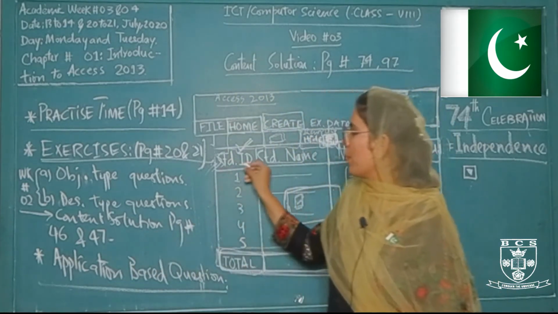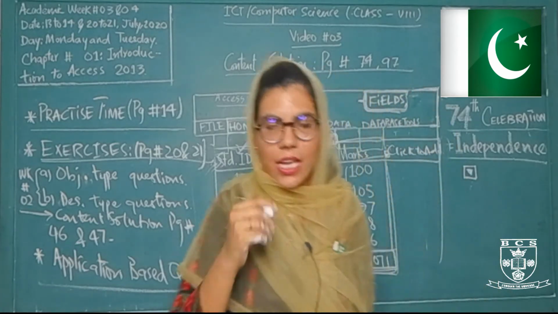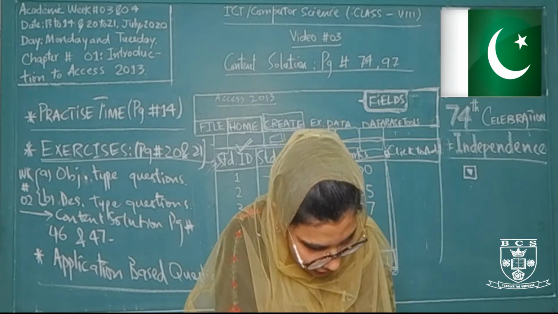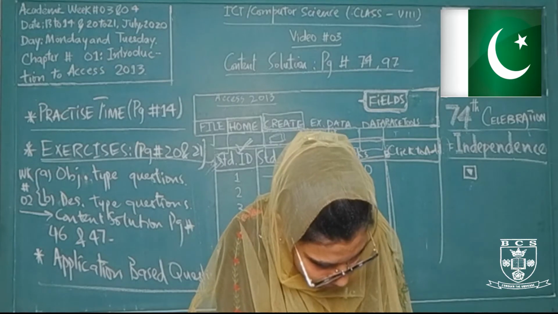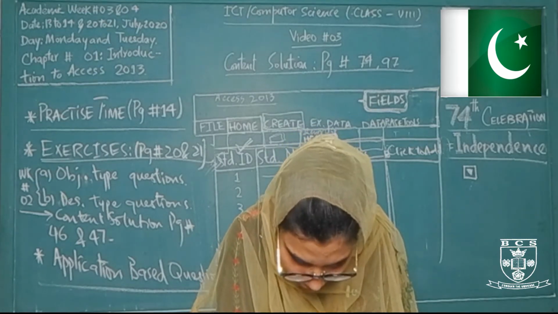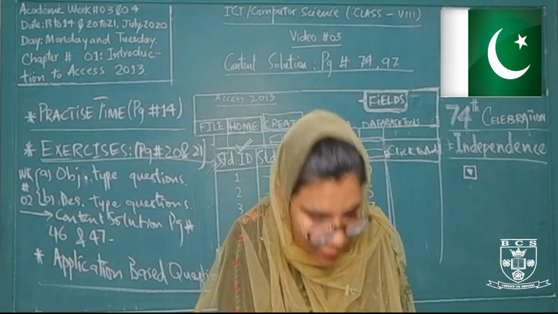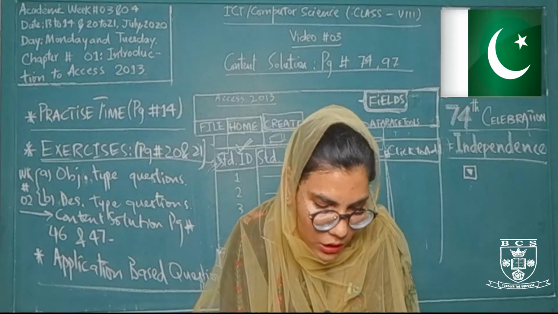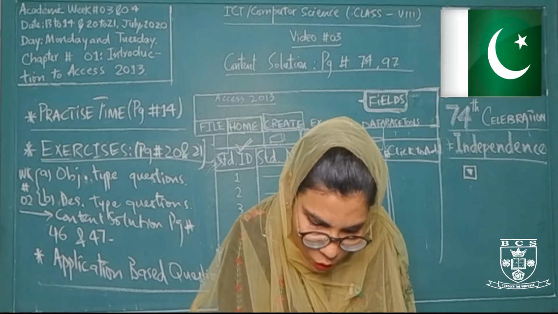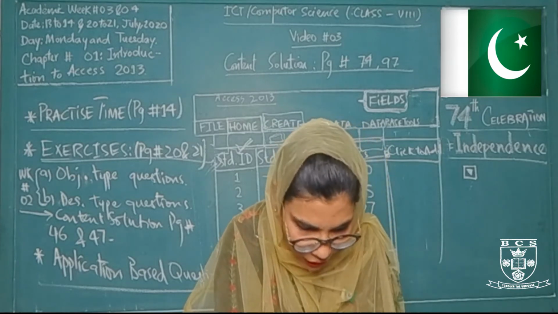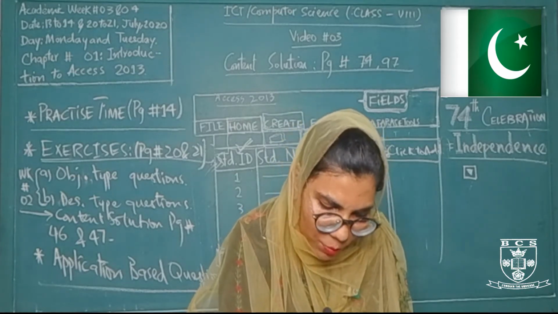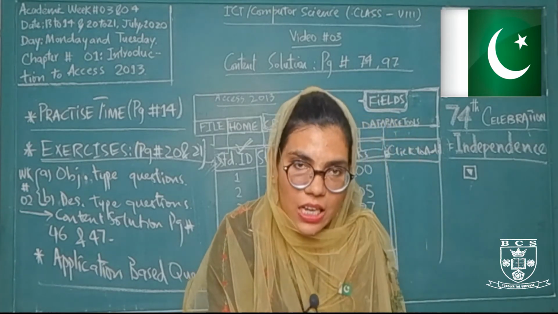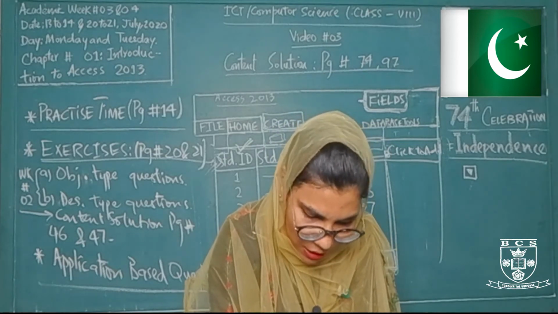After that we will type here the admission number. Now we are assigning our fields according to Hassan's table as he has drawn in the lab practical in the lab part 1. So the first field is admission number. Then you will double click on field 1 and type name. Then you will double click on field 2 and type first name. Then you will double click on the third field and type the last name. Then you will double click the fourth field and type telephone numbers. Then for the fifth field you will type DOB. Then for the sixth field you will double click and type bus availed. Then in the last field you will double click and type the bus number.